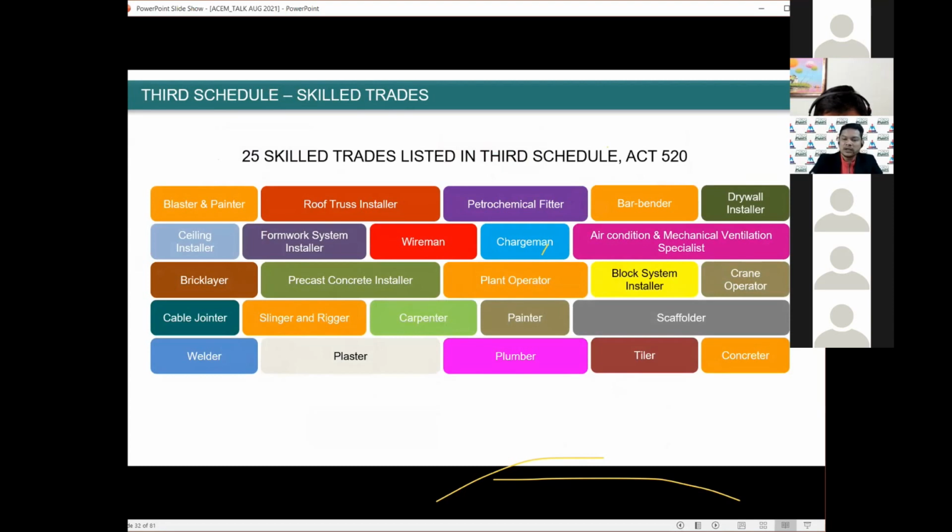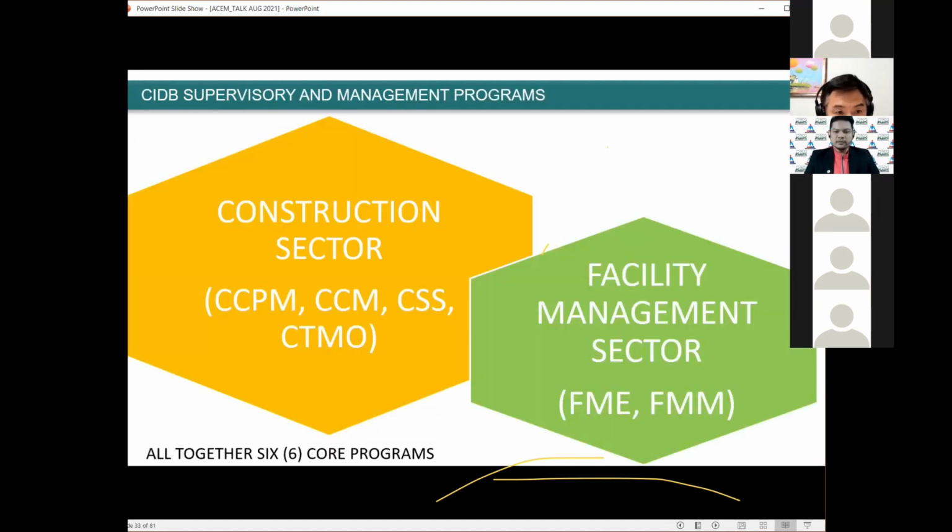Once they get level 3, they can continue up to level 4 with us, and climb up to level 5 and become level 6 in future. So from blaster and painter up to concreter, all 25 skills trades are listed in the third schedule of the Act 520. Okay. In management and supervisory program, can we stop with that?